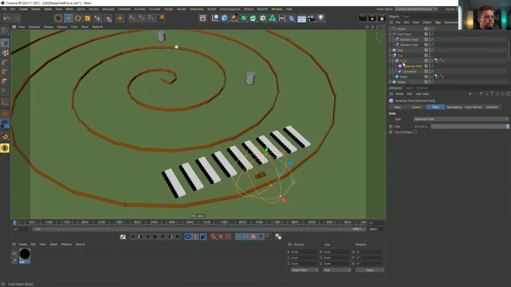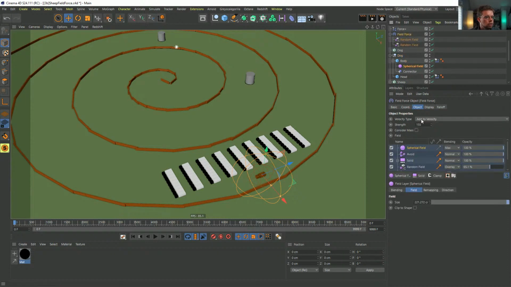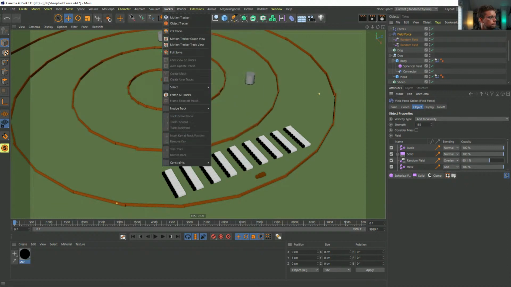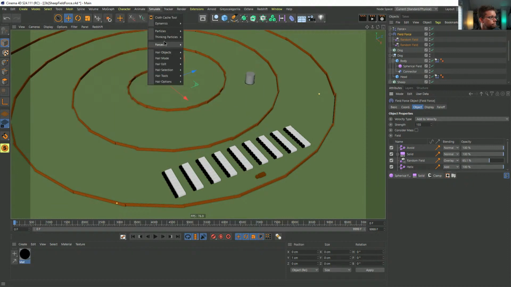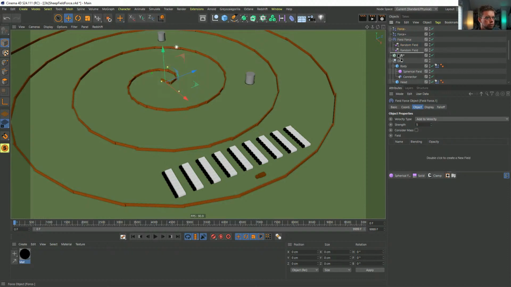Oh, and we could do a completely separate field force, which is probably a good idea because I don't want the dog to be attracted to its own spherical field. Yeah, I think we have to do that. So delete that one, and we'll make a brand new field force. We'll just make a separate one.